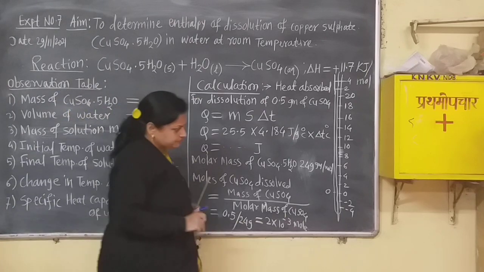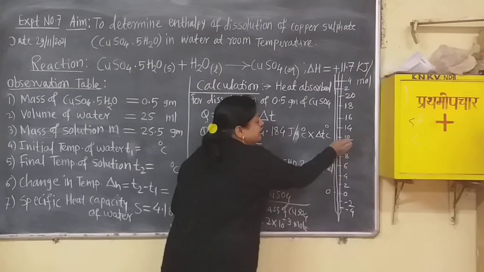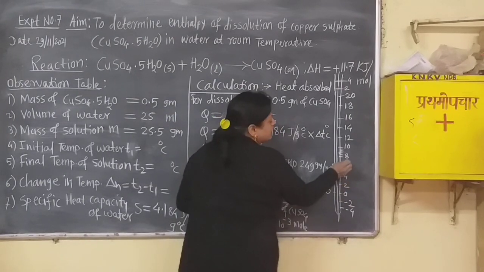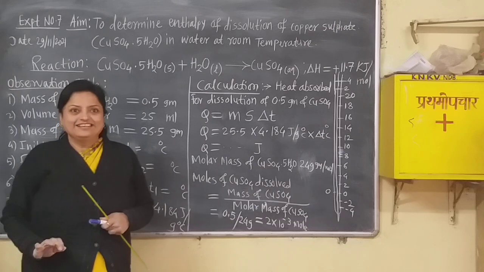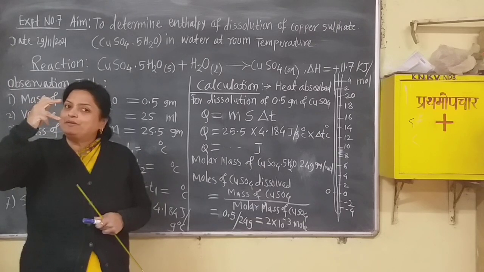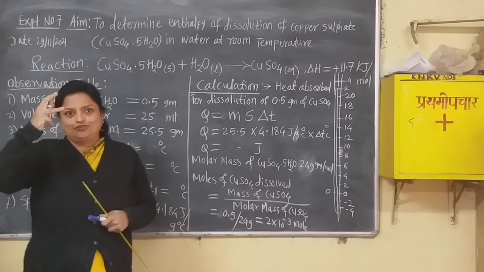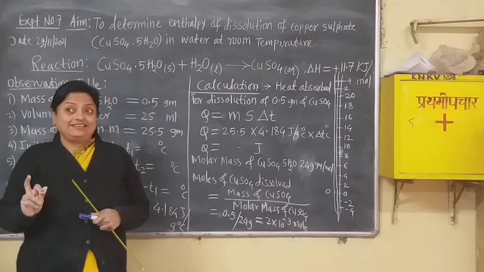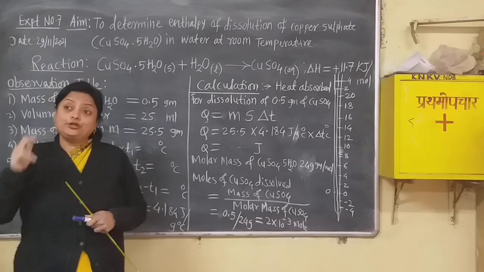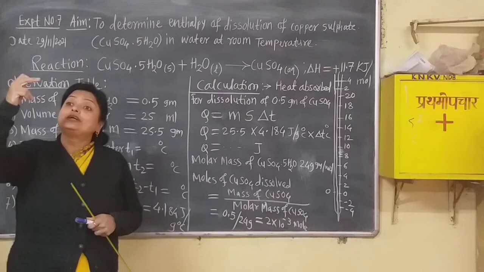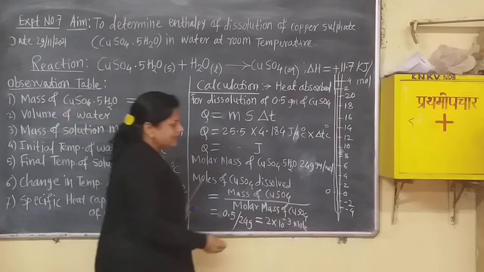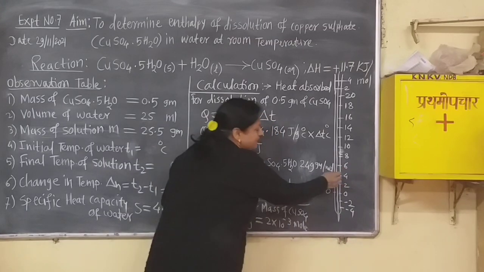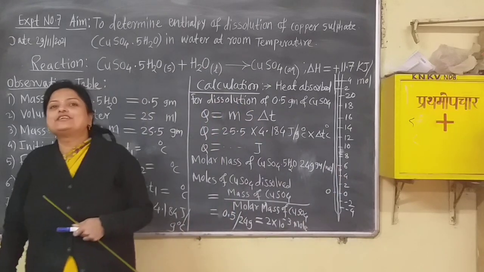See here, there are 2, 4, 6, 8, 10 such temperatures, and in between 2 and 4 or 6 and 8 there are 10 lines. But the difference between temperatures is of 2. So one line is 0.2 degrees centigrade. Remember that. The fifth line is 0.2 plus 0.2 plus 0.2 plus 0.2 plus 0.2, that becomes 1 complete. So if the temperature is showing the fifth line between 4 and 6, then what will be that temperature?